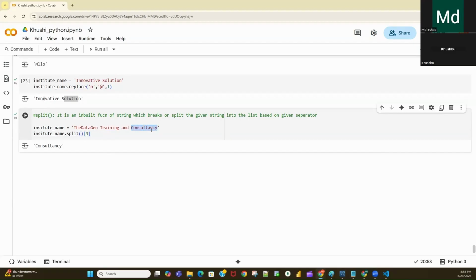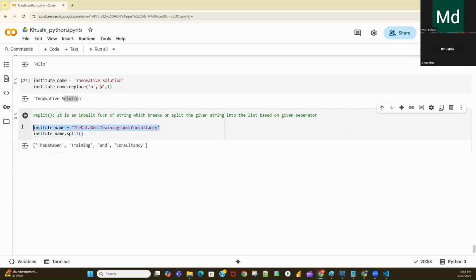Basically, the split function will split your data into list format. So sometimes when your data looks like this, you don't need to pass anything, or even if you pass, you need to give a space like this. It will work fine. If you don't give anything, by default, it will split the string value based on the space.